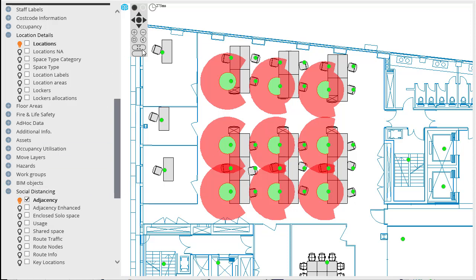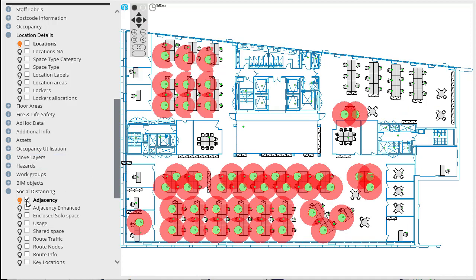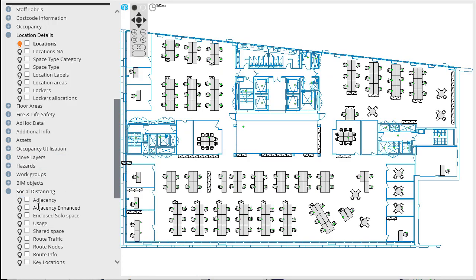The other thing we've been busy on today is, let's turn that off just to keep it simple for a moment. So we showed some very early stuff on the route. So basically what we can now do is we can define routes as before. I'm just going to turn all three of these layers on. So the route traffic, that's showing the social distance around the route, but you can, as you see here, let me just zoom in again,